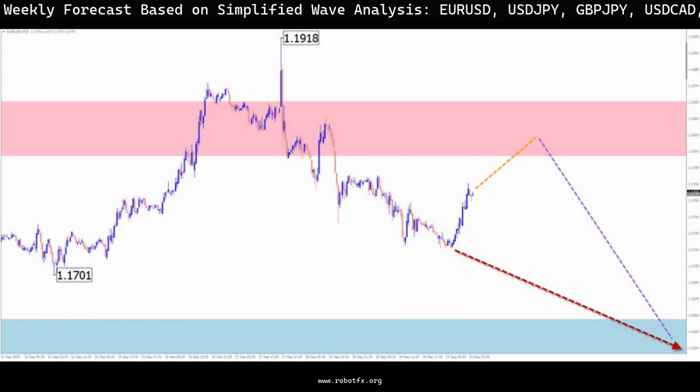GBPJPY brief analysis: the upward wave that started in August continues to dominate the pound-yen pair chart. Quotes have reached the lower boundary of a broad potential reversal zone on the higher time frame. Since September 18, price movement has begun downward with reversal potential. The current structure still appears incomplete. Forecast for the week: